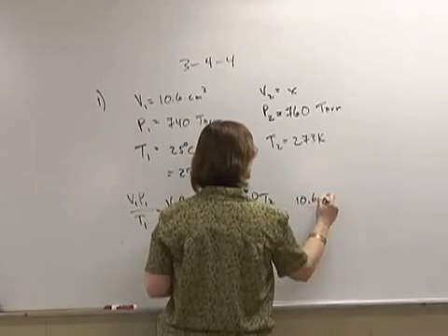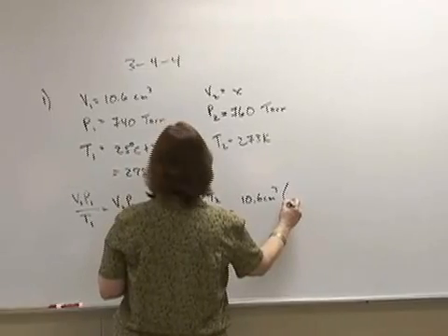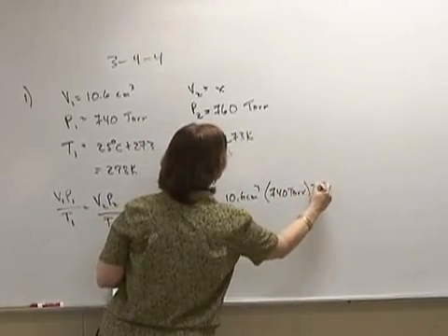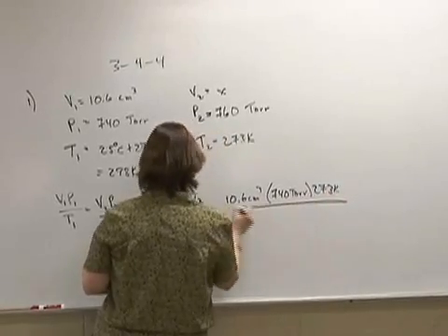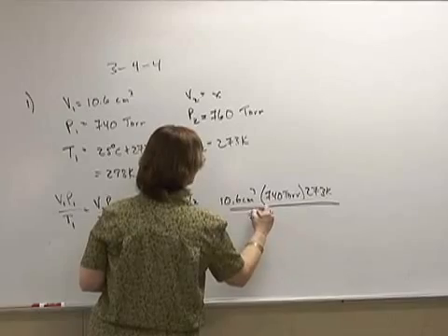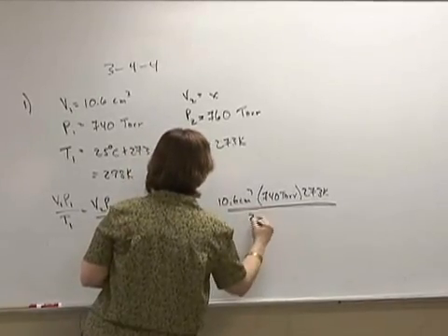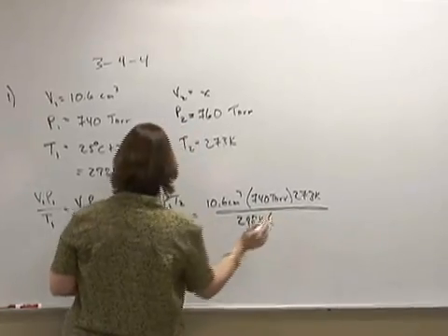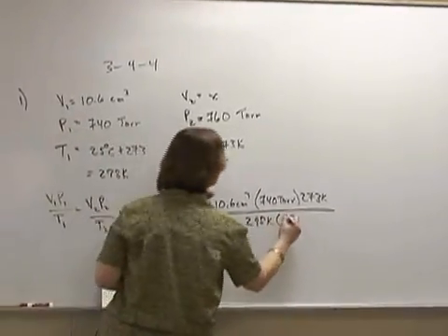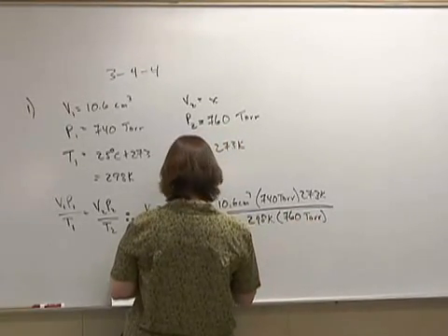10.6 centimeters cubed. And the pressure is 740 torr. And my T2 is standard temperature. And my T1 is 298 Kelvin. And I don't like that. Let me write it better. And my second pressure is standard pressure, and that would be 760 torr. And when I do the math, I get